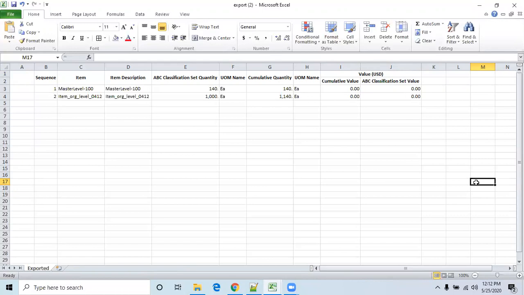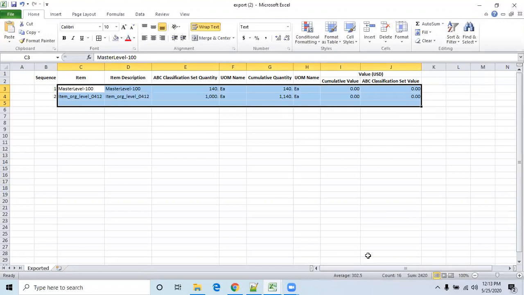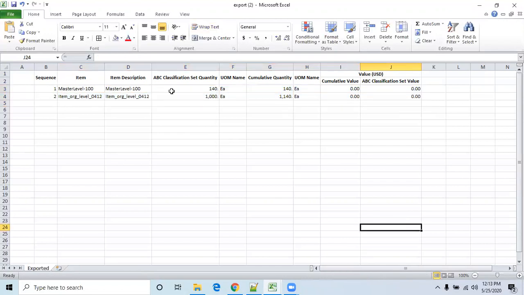But as per example, I'm taking 3 groups. You can take even 4 or 5 groups as well. So our plan is we are planning costly items we are keeping into one A group, B group, C group, like that we divided. Since in my example I have 2 items, I don't have any option to divide it. So I'll keep this one as A group for the time being, and this one I'm keeping as B. I don't have any option to keep C.